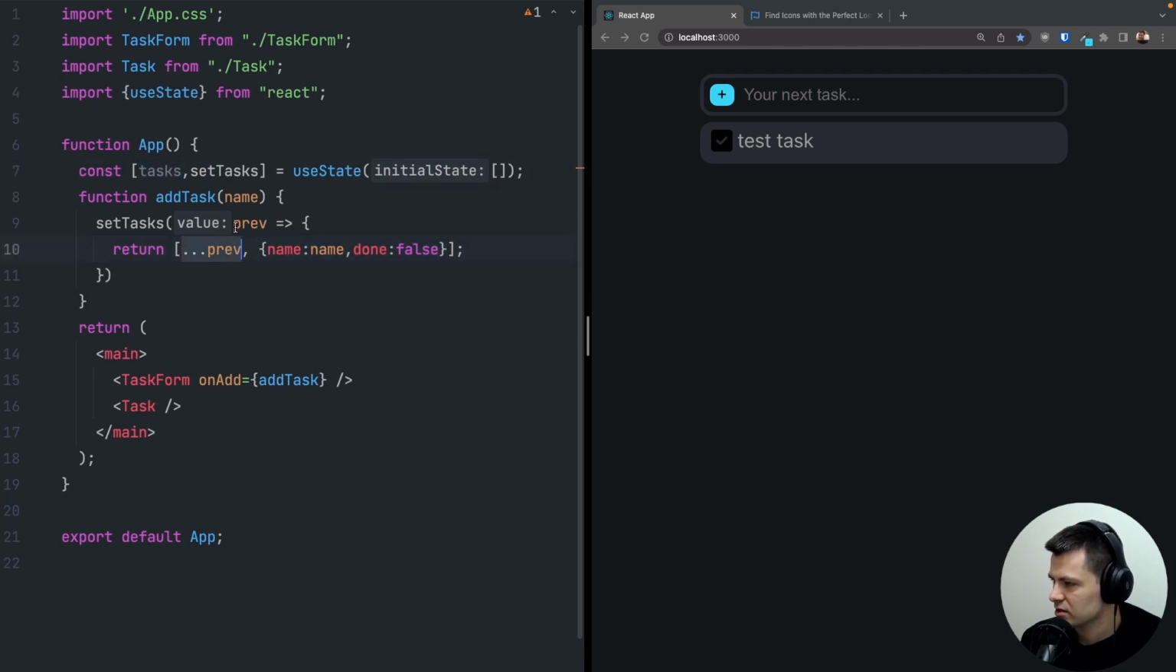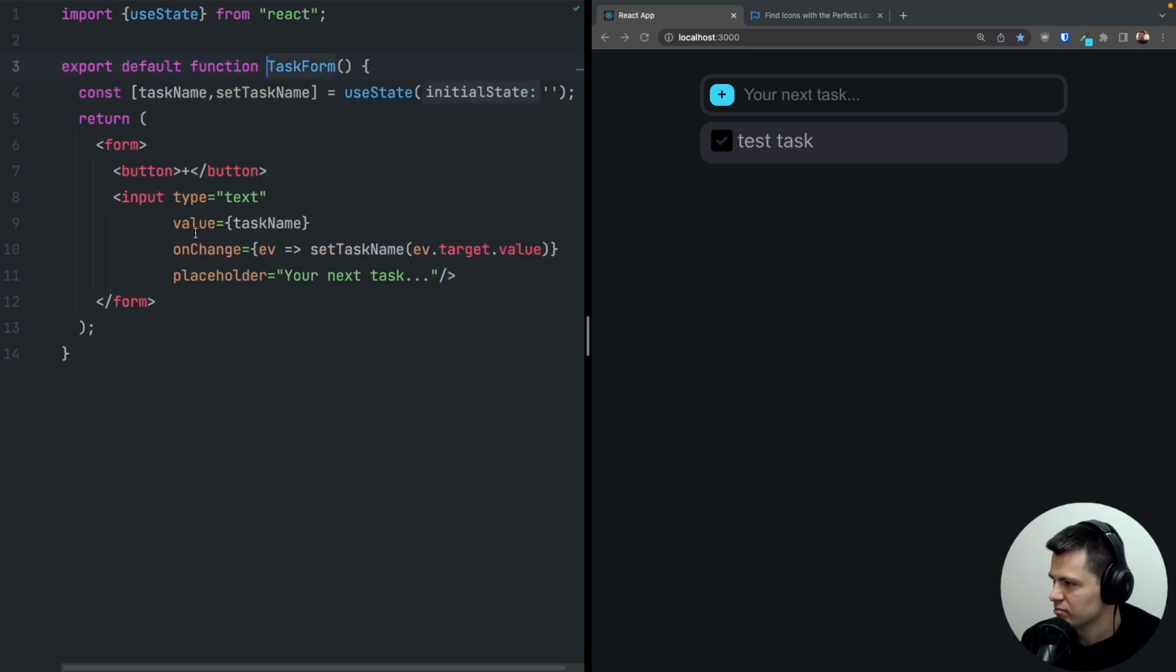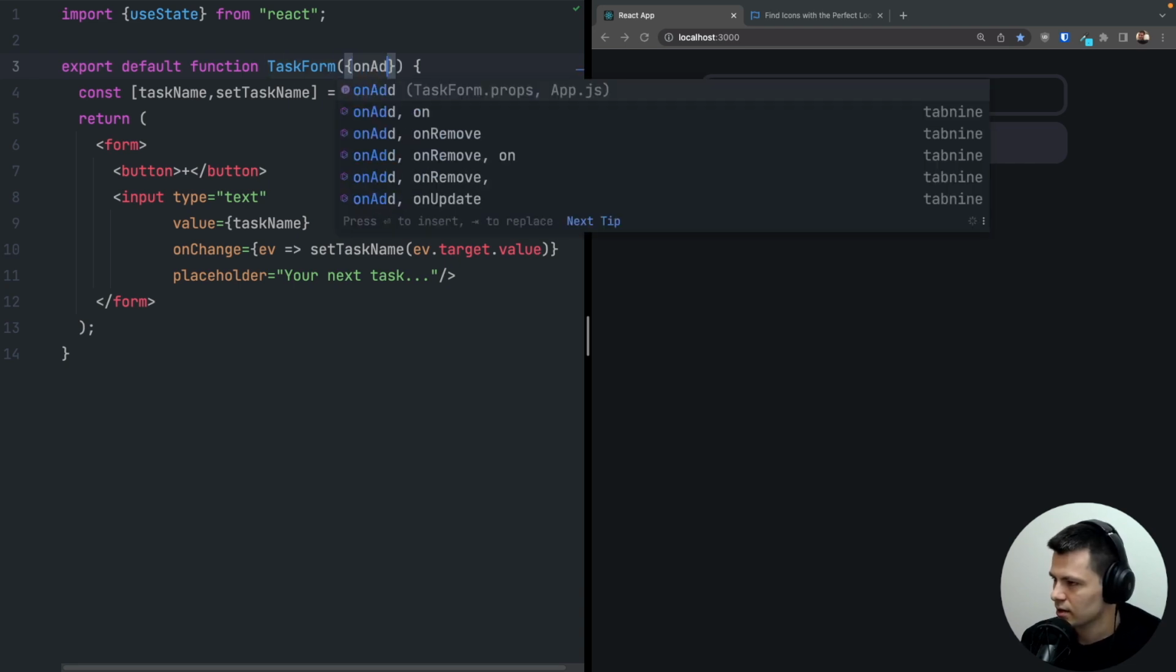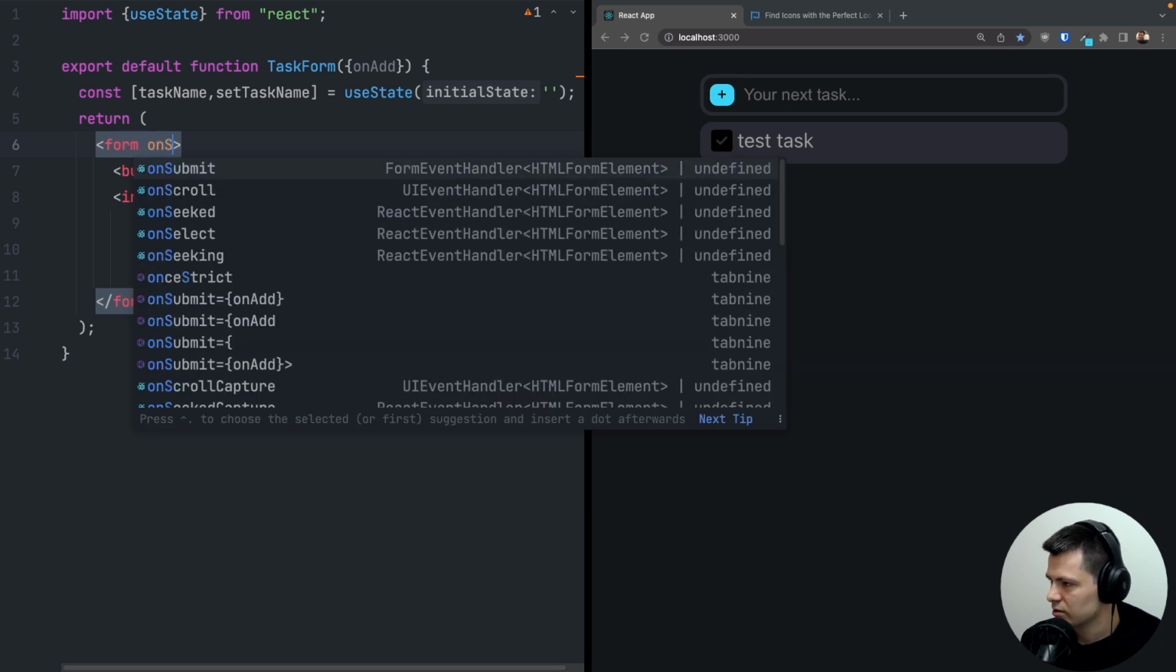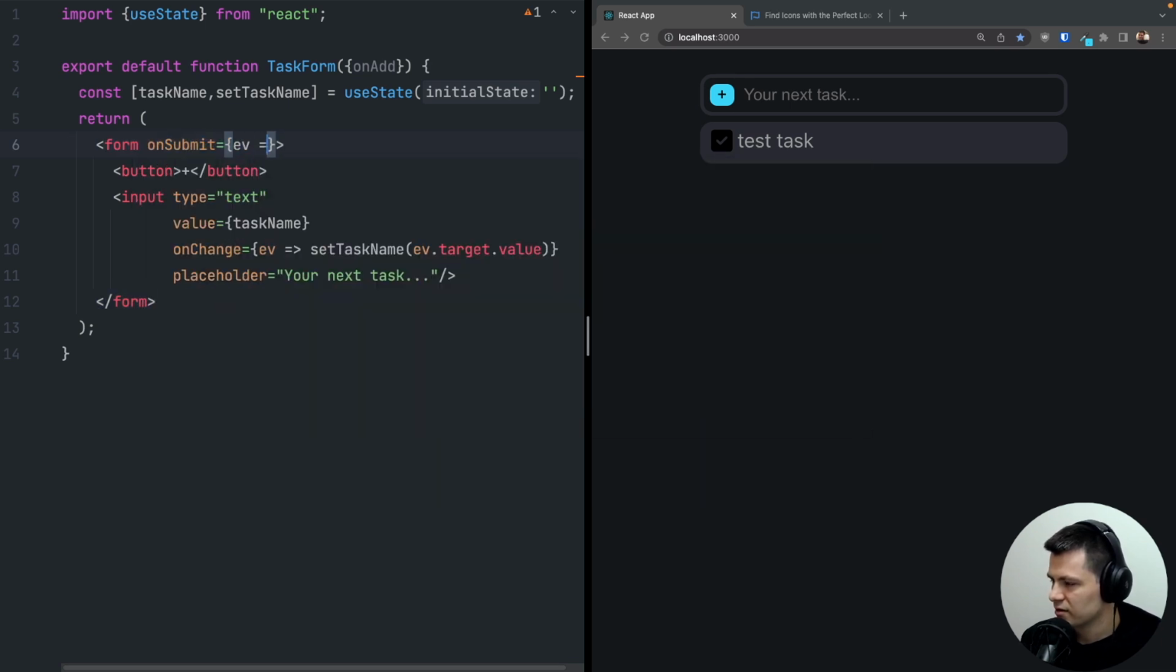And the previous is just the previous value when we update tasks with set tasks. All right. Now we need to fix this on add inside task form. So let's open task form and let's see. First we need to add this here on add, and now we need to run this as a function when we submit this form. So let's do on submit, and we get an event variable here that we can use,